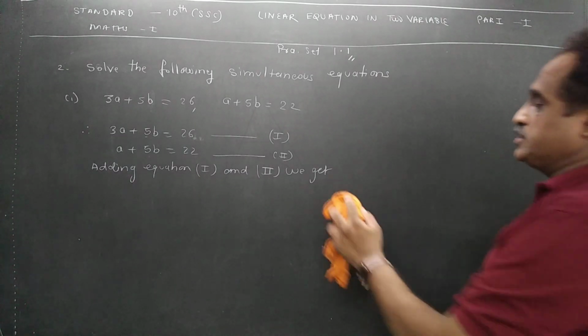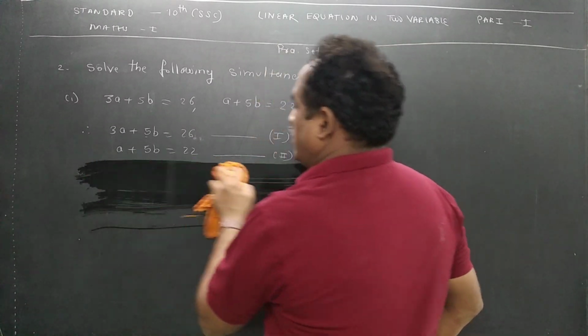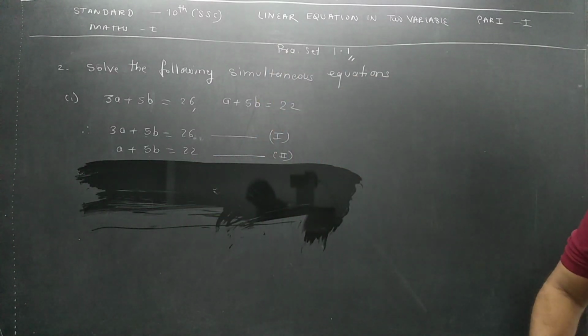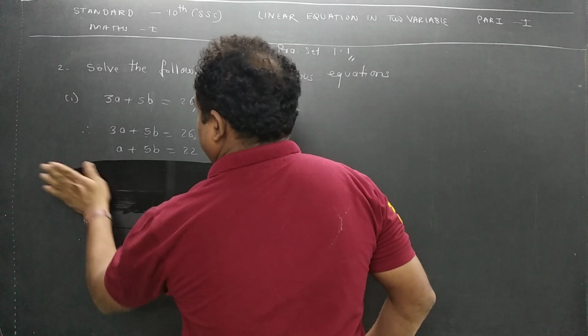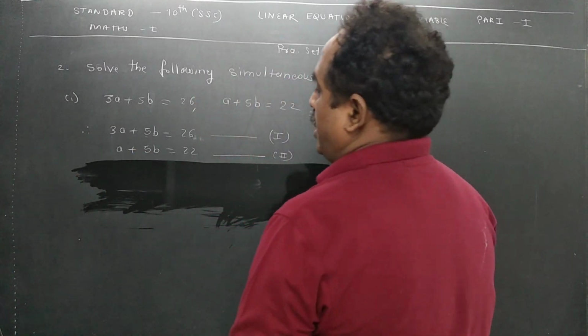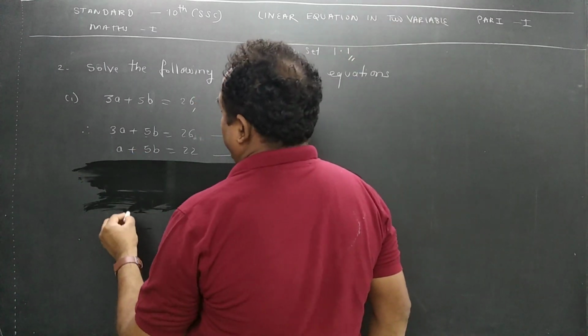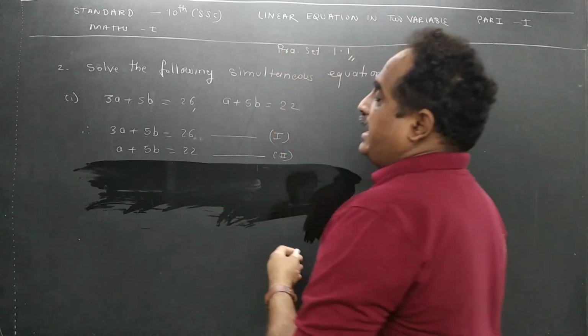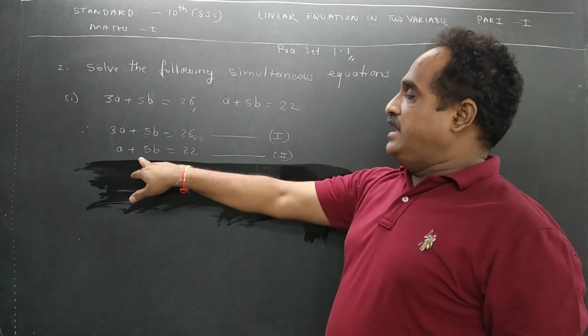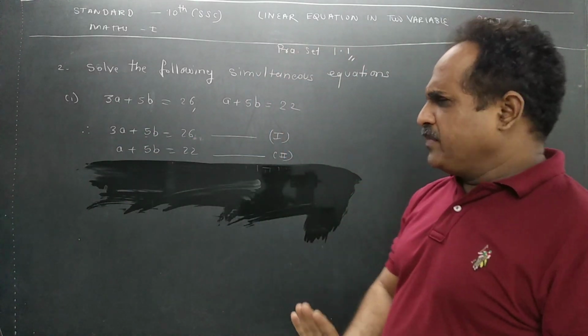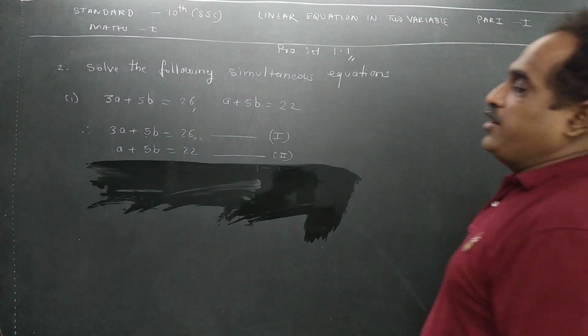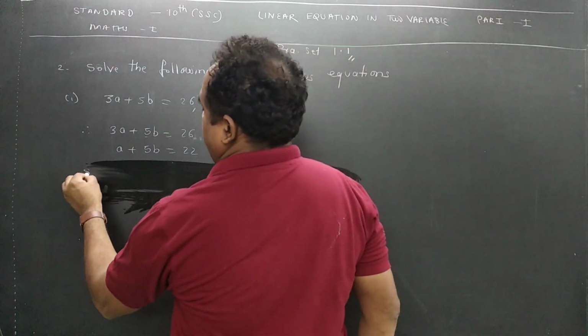Sorry. So what are you going to do here? What are you going to write? As this is 5b, they have the same sign. Then what you are going to write is